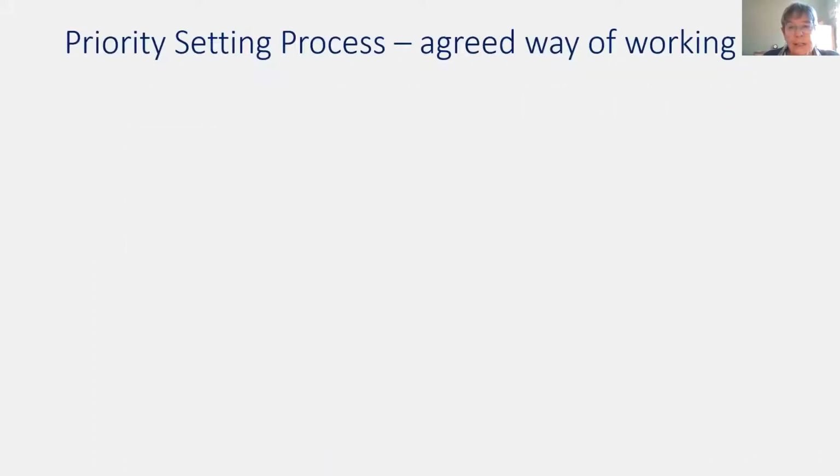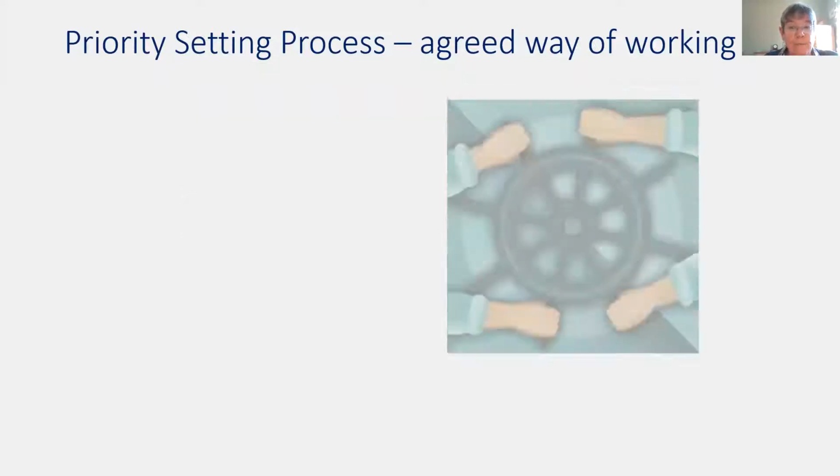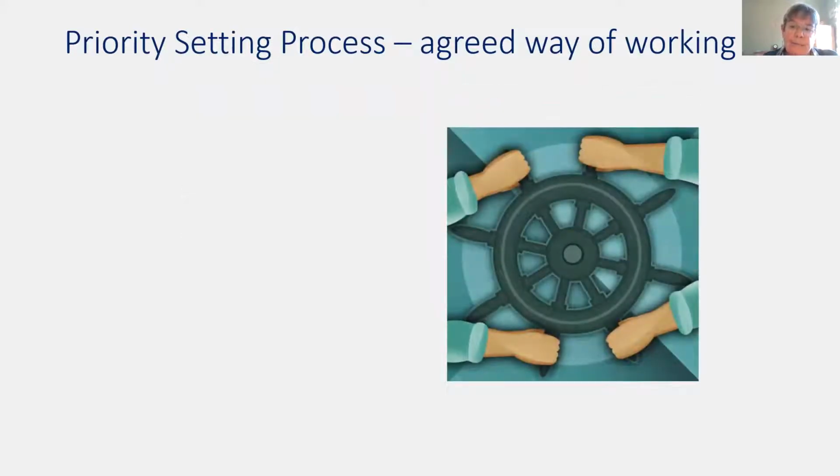As I say, the JLA has a really clear process for a priority setting partnership that's described in their handbook, which you can find on their website. Each PSP works with a JLA advisor. They don't all have this rather fetching curled wig. That's James Lind himself. The PSP will set up a steering group, identify relevant stakeholder groups, and then begin to